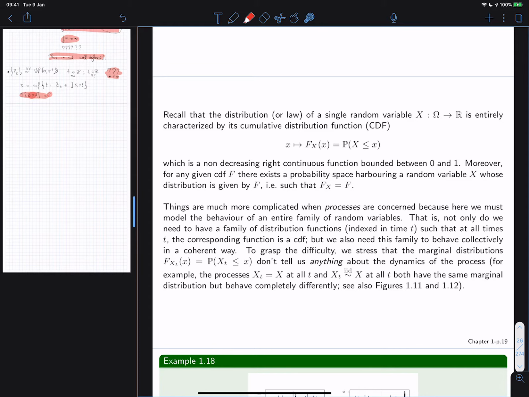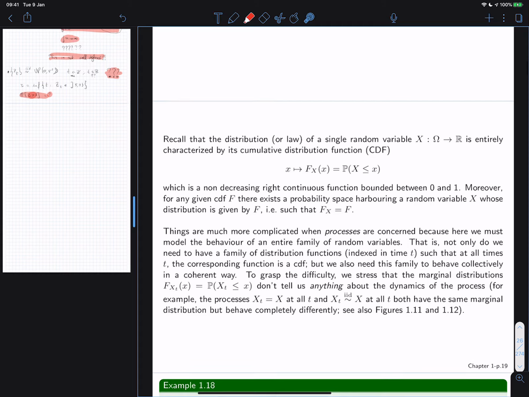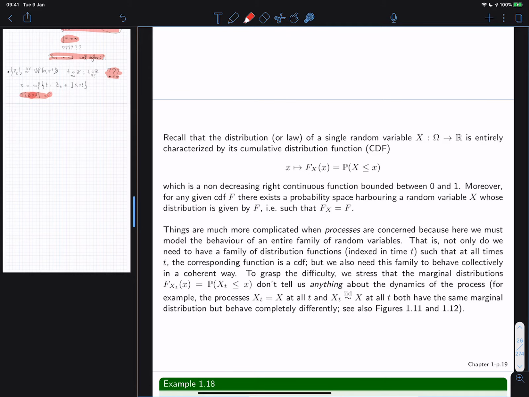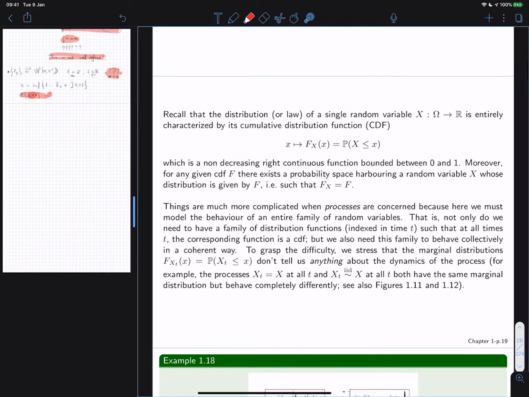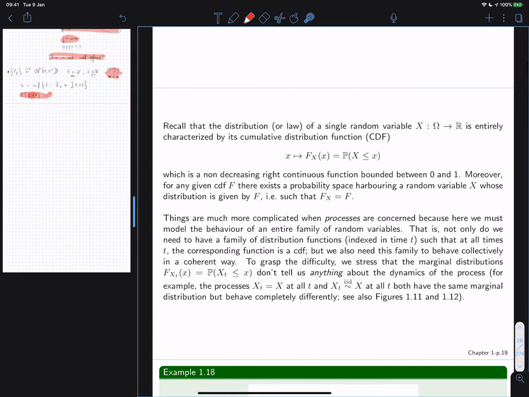Sorry, I'm eating sugar. Some of you come from the maths department, so for you this is very easy. Some of you come from Solvay or from engineering schools, so this should also be very easy. For those of you who have a vaguer mathematics background, again, don't worry too much. You can understand the rest of the course without really understanding this, but it is a fundamental part of the construction. So, to describe the law or the distribution of a single random variable, what you need is its